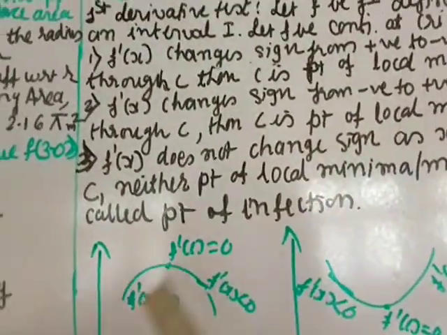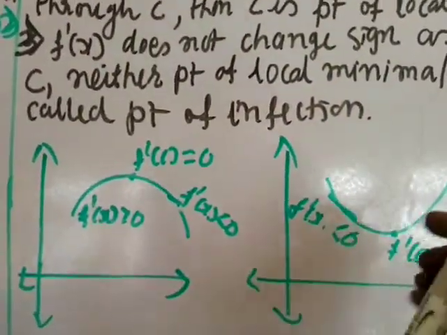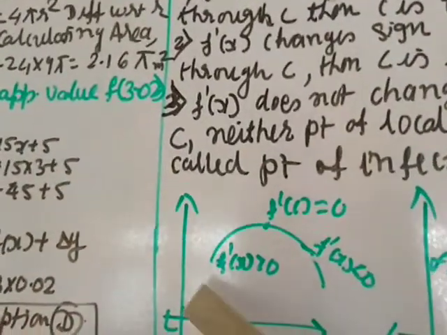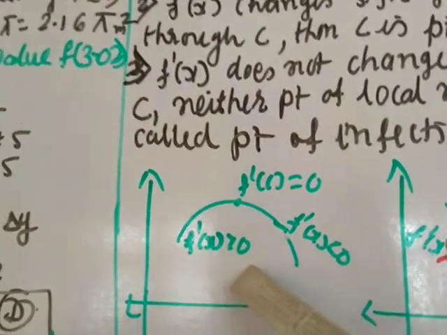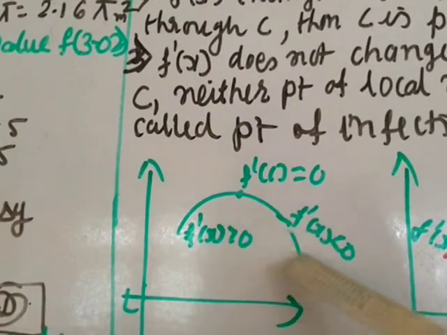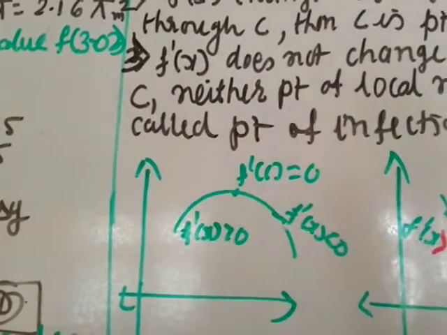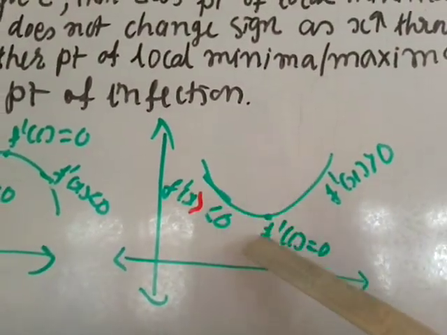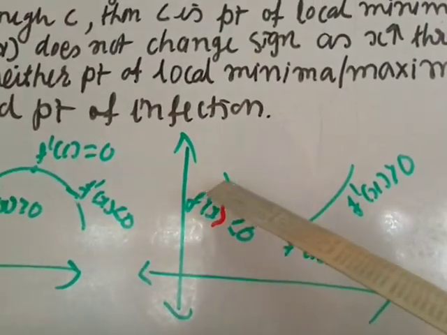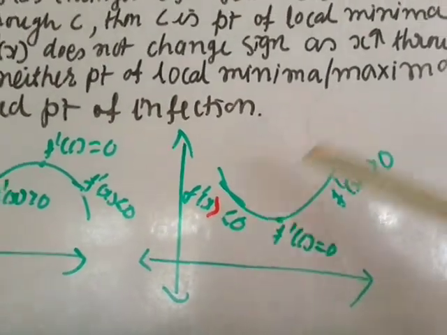You can look at this graph once again. This is f of x. We have studied that if the function is increasing, then f dash x is greater than 0. If the function is decreasing, f dash x is less than 0. You can see here it is increasing, here it is decreasing. At this point it is 0. It changes the sign from positive to negative, so maximum. Here it is decreasing, so f dash x is less than 0, and here increasing, so f dash x is greater than 0. Here it is 0, here positive, here negative, so it is changing the sign. At this point we call it a local minimum.